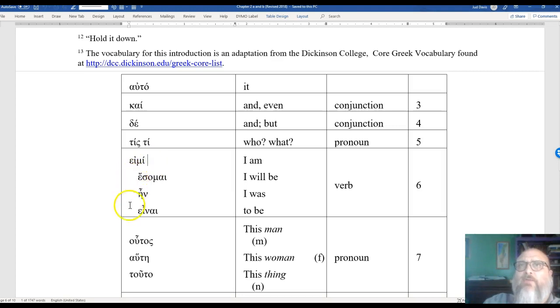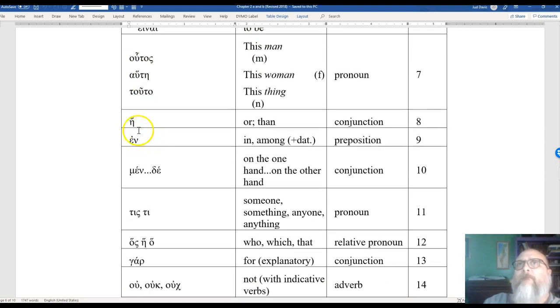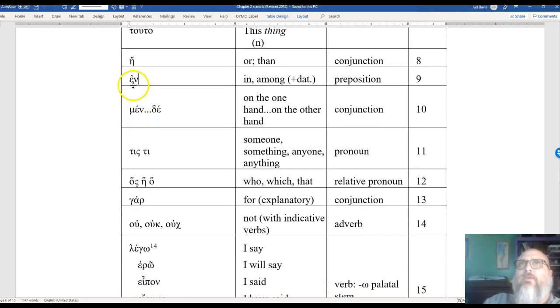So whenever I give you indented words, you don't have to memorize those yet, but realize that these are all related. So eimi is I am. This is the word this man, this woman, this thing. This is the word or. This is the word in, as in en arche, in beginning. Men da is on the one hand, on the other